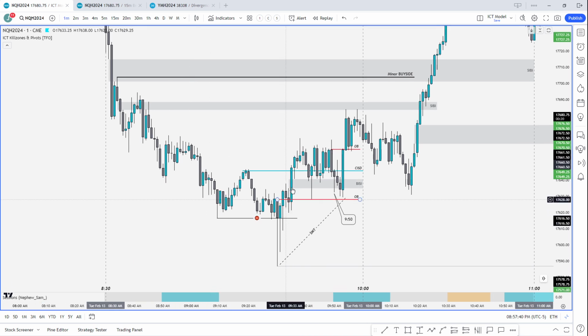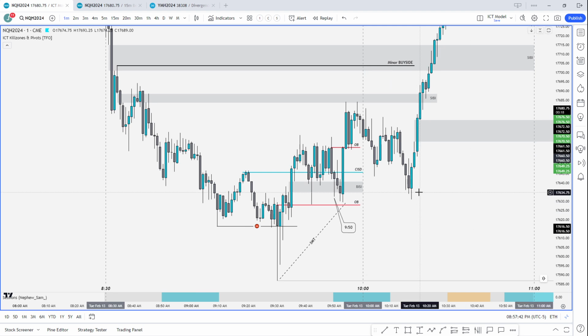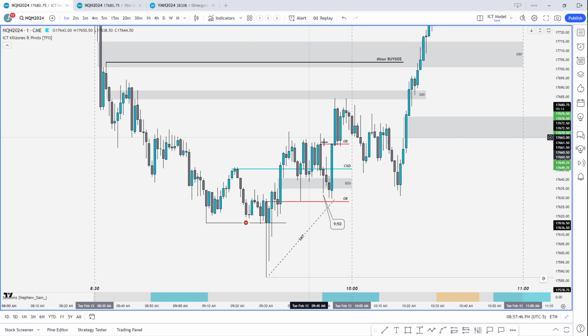Although you can be using the 3 PD array rule, you've got to be careful because, like I said earlier in the stream, if we're anticipating a Judas swing, maybe at 50% of the daily range, and maybe you're trailing your stop to this low or this low, we can sometimes see it purge it, and then revert. So I would say, in the beginning, or if you're new to making your model, don't trim your stop